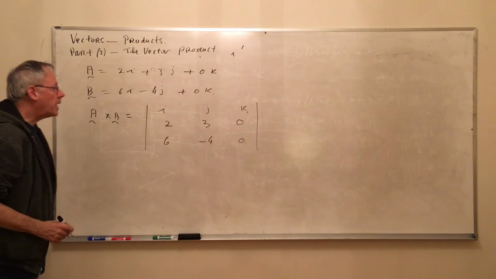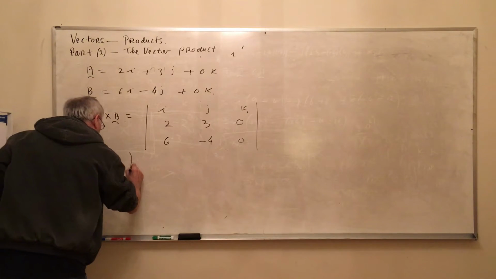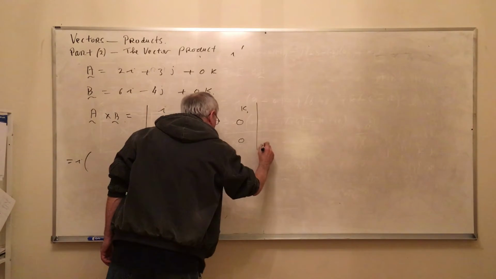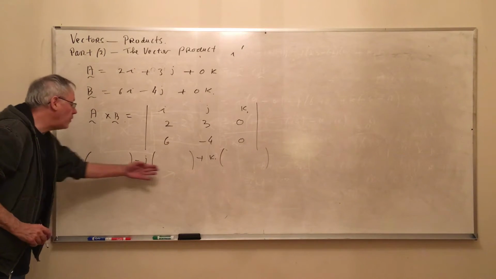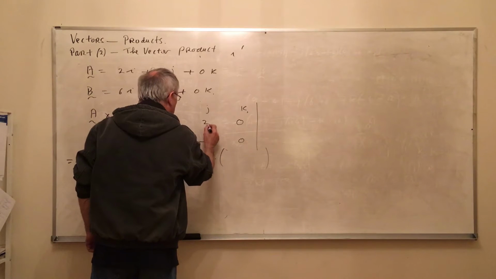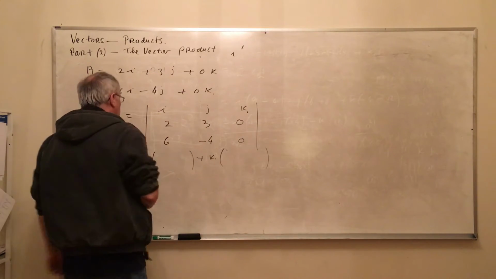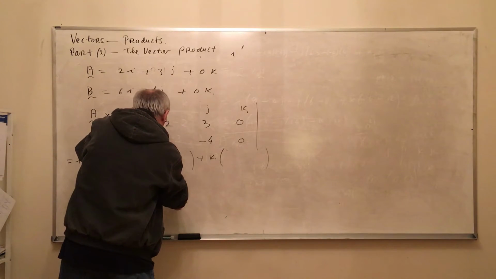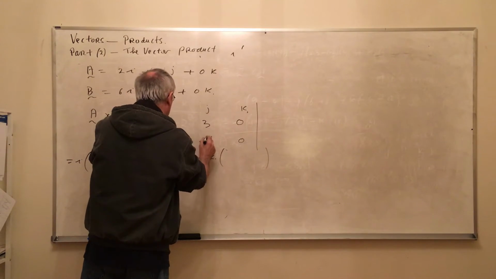So we put in 0 for the k components. And we put in our i, j, k times the cofactors in this determinant. These are the cofactors. Well, 0 times 4 plus 3 times 0 is 0. Now for this one, j, 2 times 0 and 0 times 6 is 0. And for the k, 2 times 3